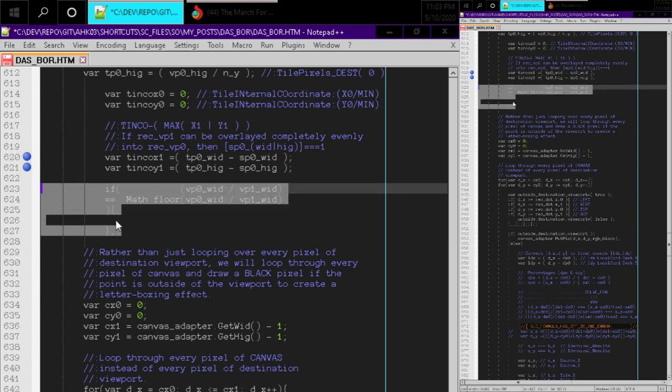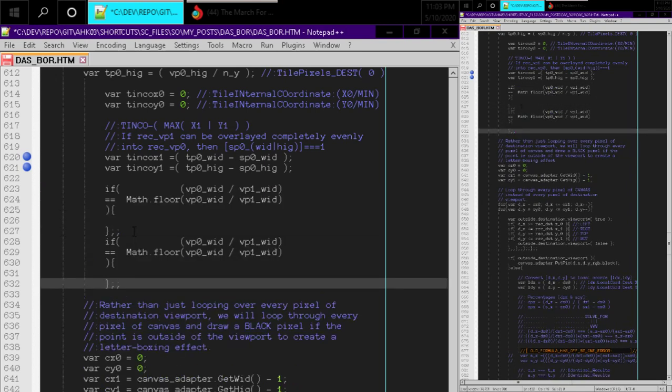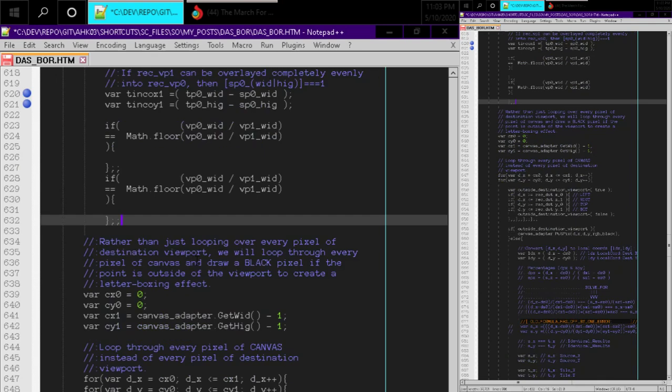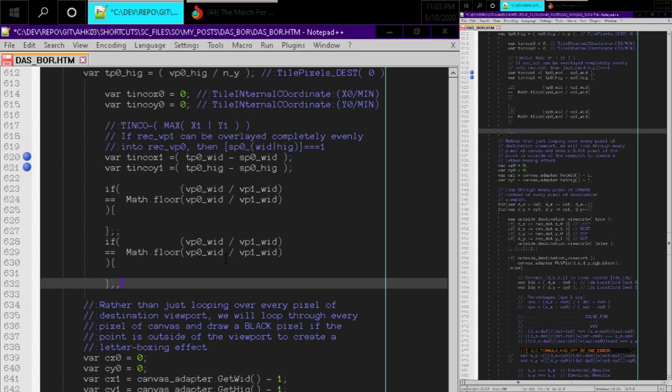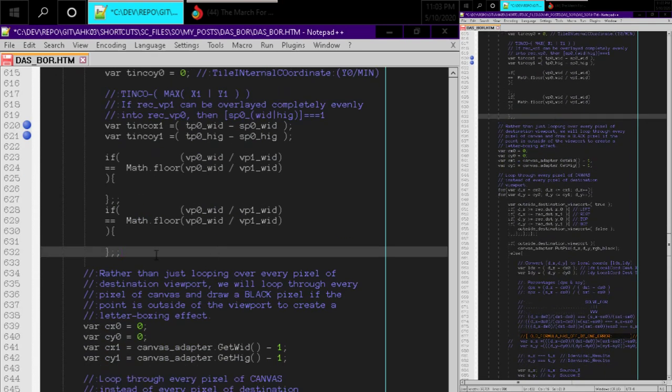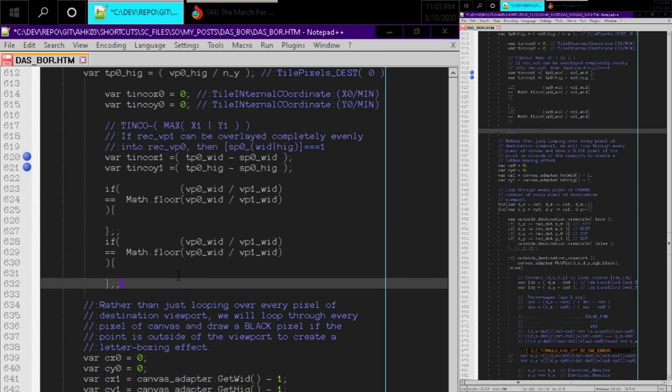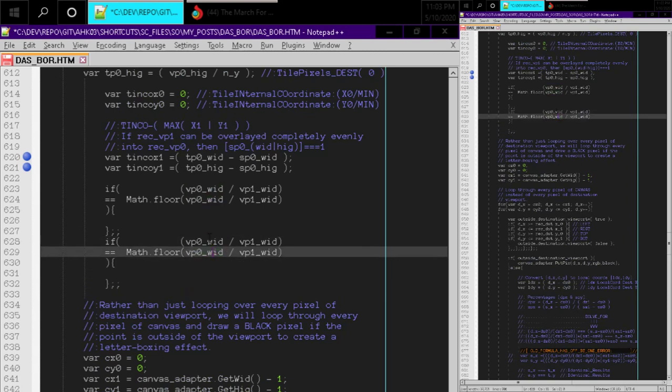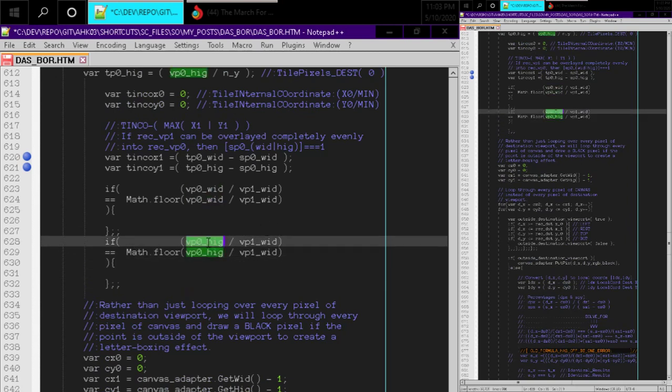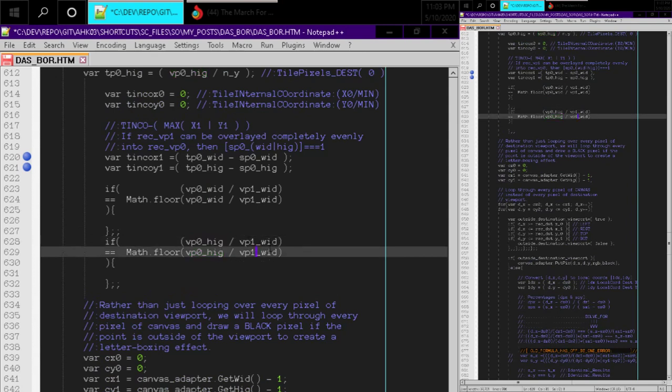Even though we have decided that our tiles are always going to be square, there could be a case where our viewport is slightly stretched on one axis, and so one of these cases is true and the other is not. So the bigger viewport, and then the smaller data set, I mean, that's not always going to be the case, but,